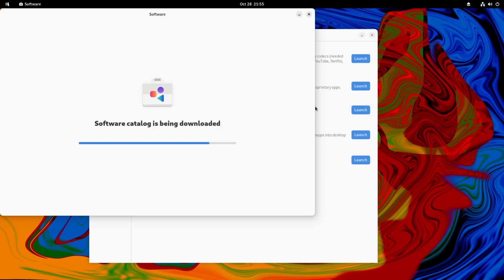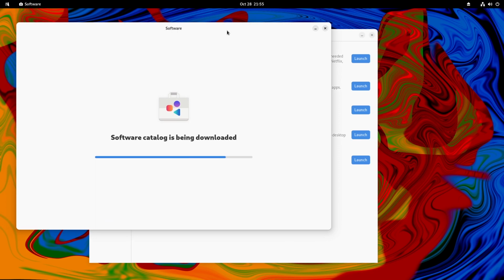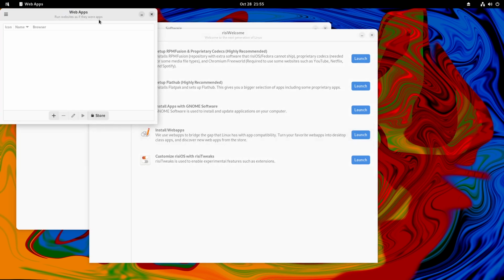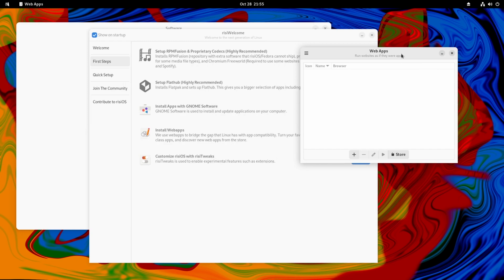Okay, so we can see the software manager of the RisiOS. And then the other thing, install web apps. So we can make web apps just like another application. We will try it later.